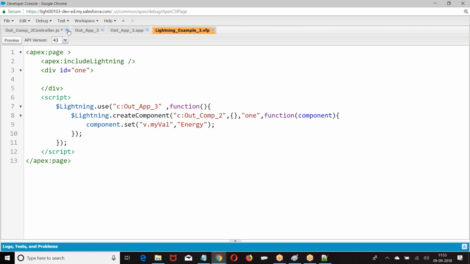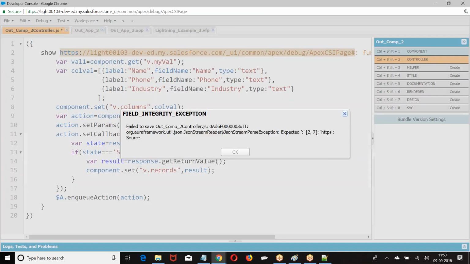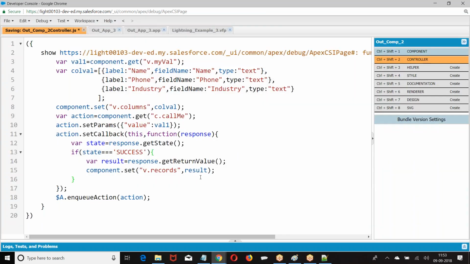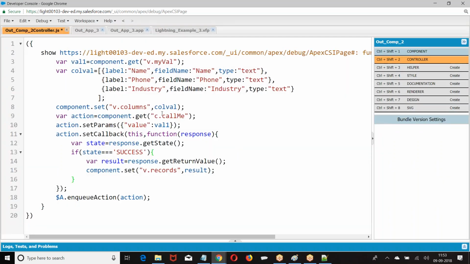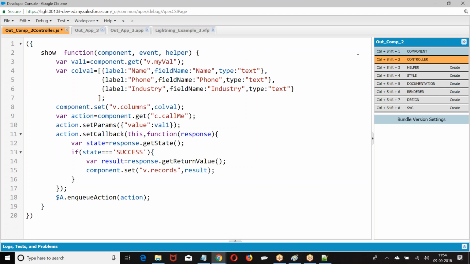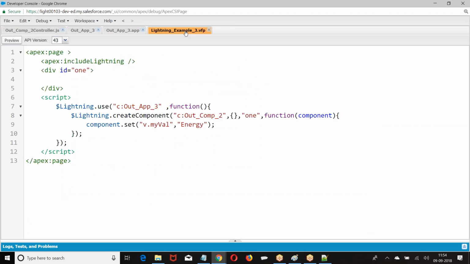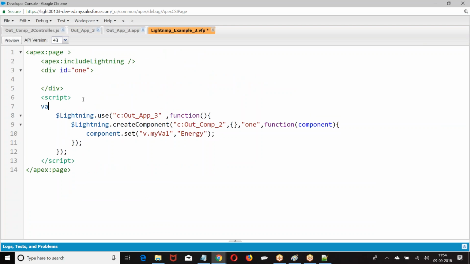Anybody has any queries on this? Satish, if you want to pass values dynamically into that, how can we pass? That is a script, right? Yeah. Read the value.